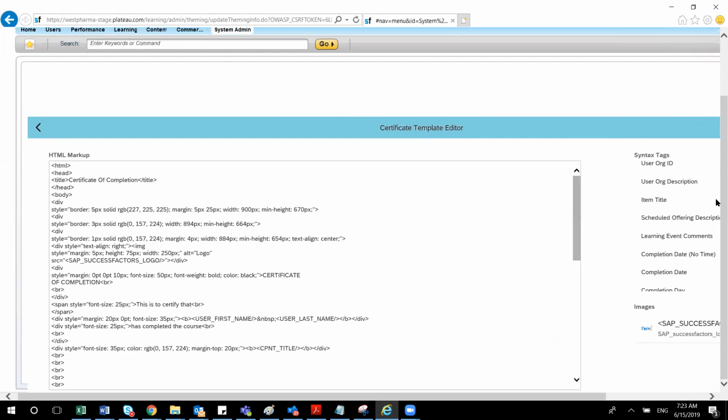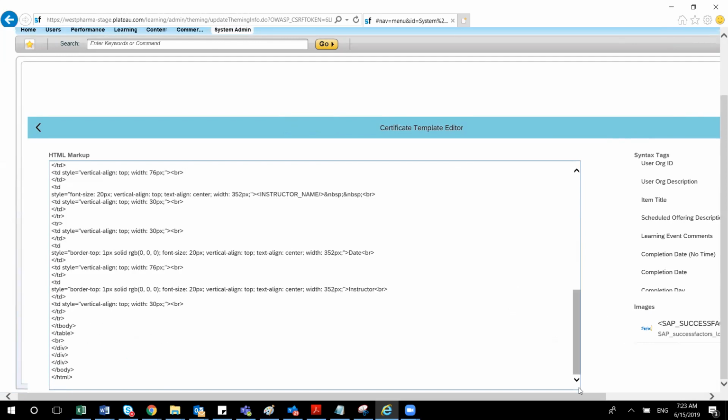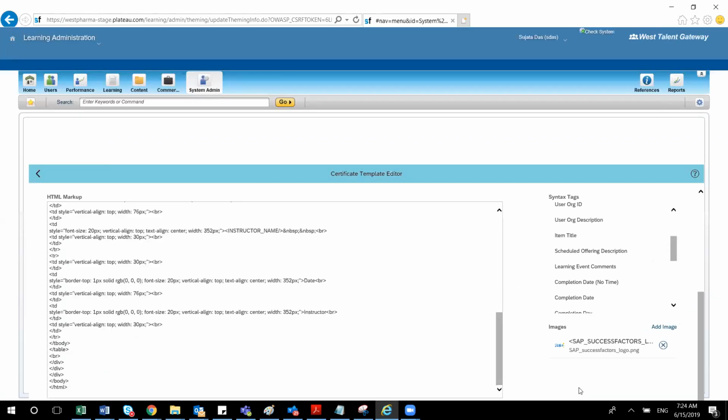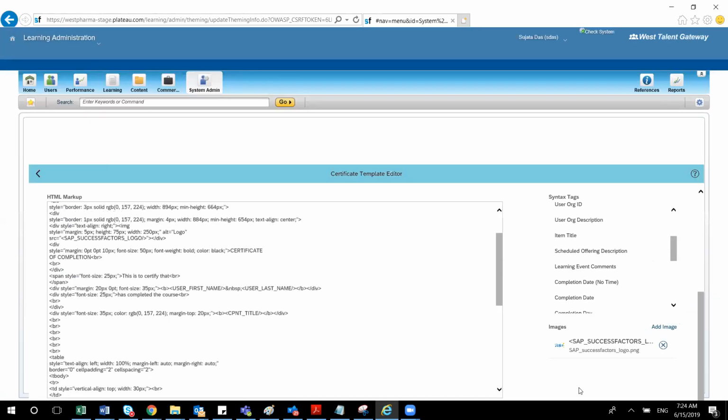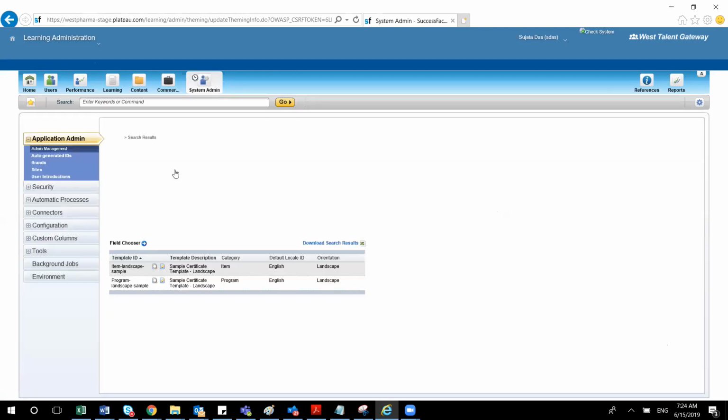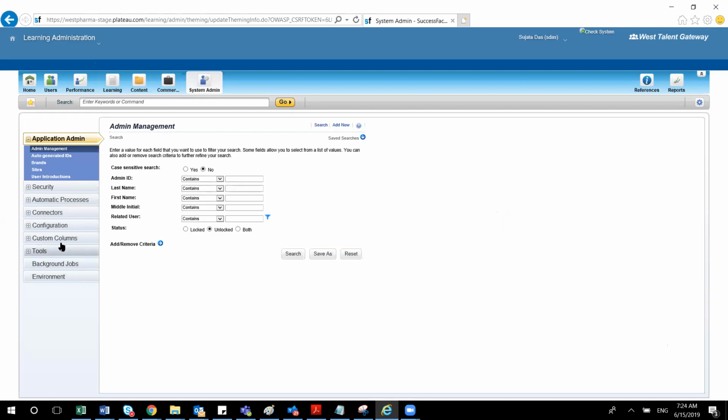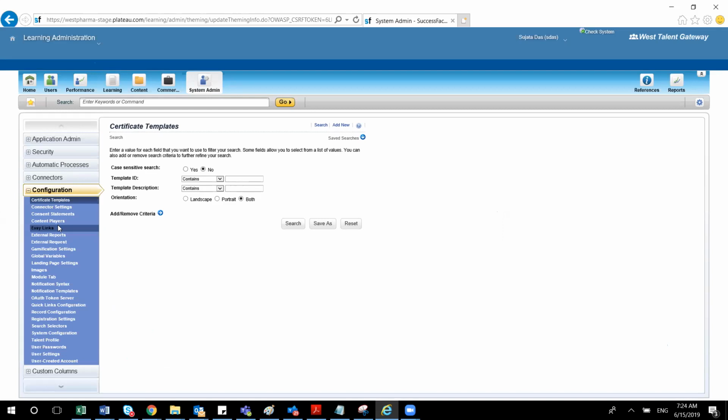It is like a course completion certificate, correct? Yes. After you complete the training, you will be able to see the same template in your learning history. If you download it, you can see that template there. That is your certificate related thing. And generally what we do is copy the standard which is offered by SAP.